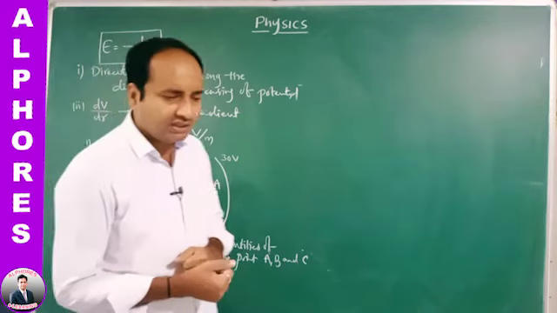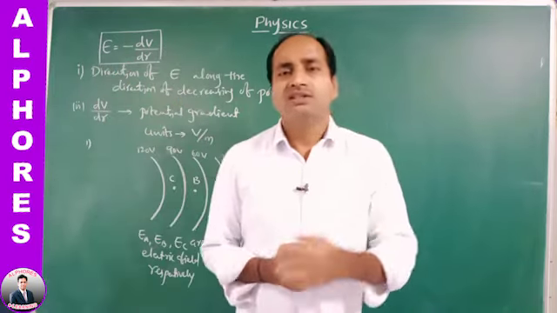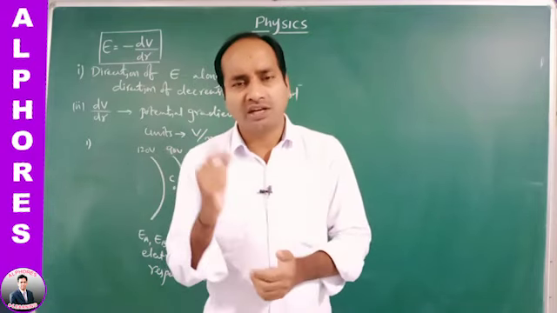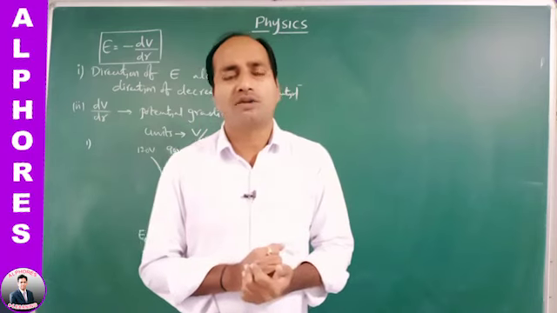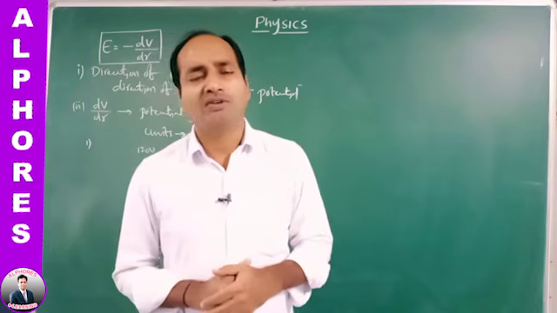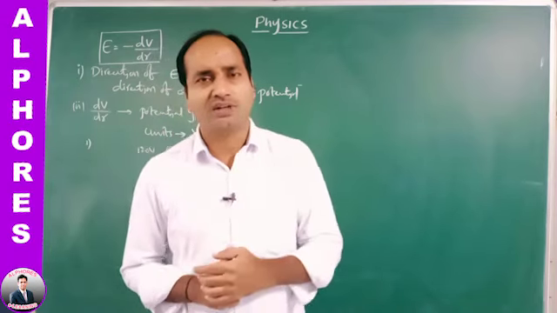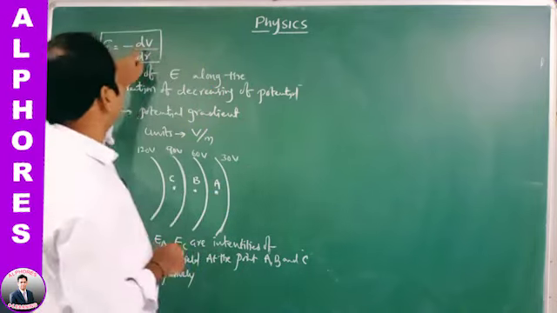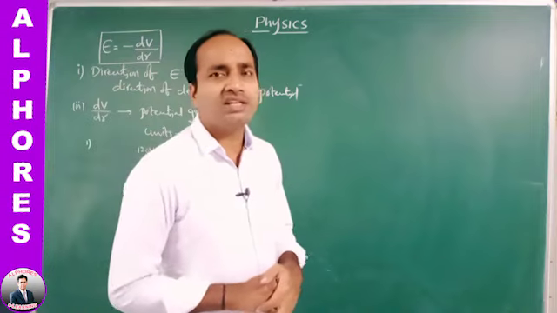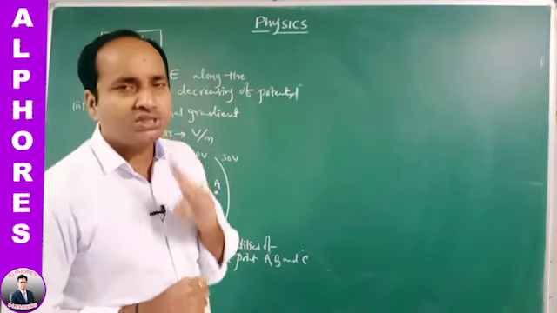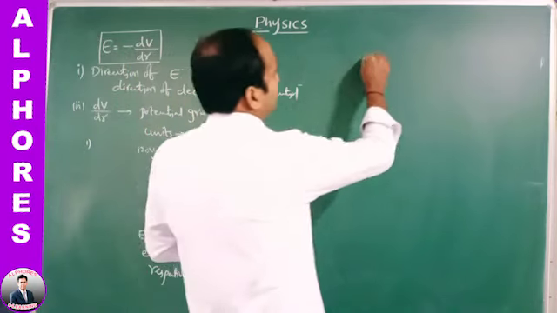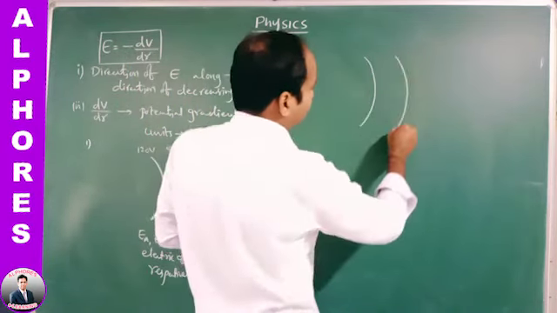See, first of all, in equipotential surfaces we completed one note. What is it? The direction of electric field is always normal to the equipotential surfaces. This is the first one, remember it. And from this equation we may say that the direction of electric field is in the direction of decreasing value of potential. From these two assumptions we may draw the electric field here. What is this? These are curves here like this.